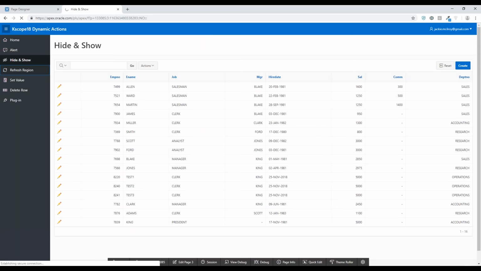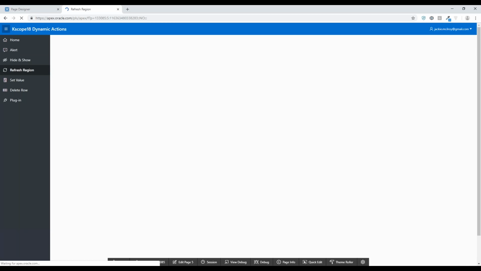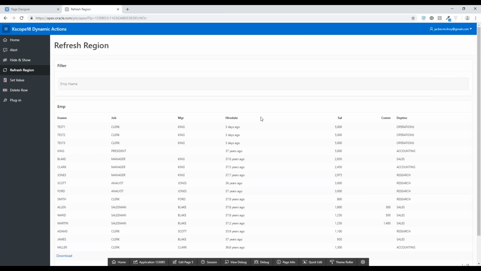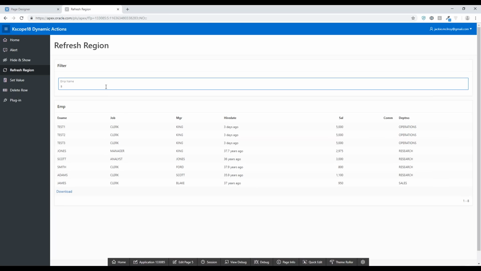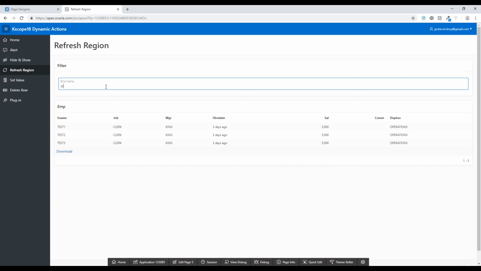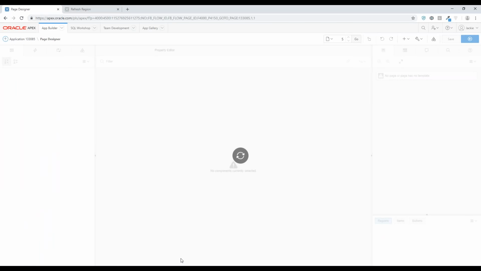So if we go to our employees report, what I've done here is I have a region with the employees, and then I also have just an item that I'm using for the filter. And in this item, you can type in anything you want to. I'll just start typing, and as I type, you notice that you can see it changing the results, automatically updating. So this is exactly what she wanted. So how did we do this? So if we go into the page,